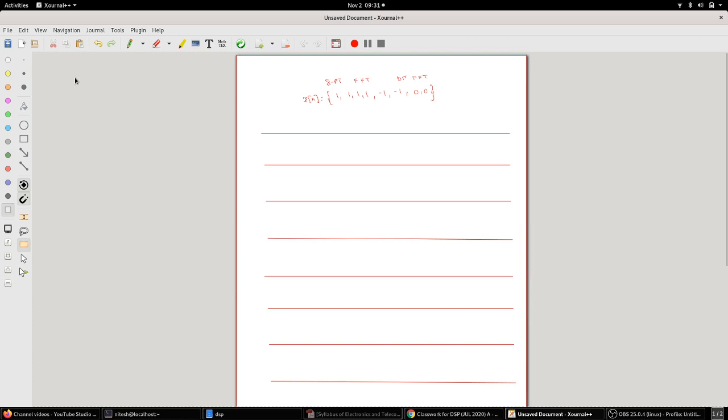So now the arrangement, it's a DIT FFT method, right? It's decimation in time. So on this side you will have x of 0, 4, 2, 6, 1, 5, 3 and 7. We'll come to the logic of how we arrange this after this problem. So let's start with the problem.